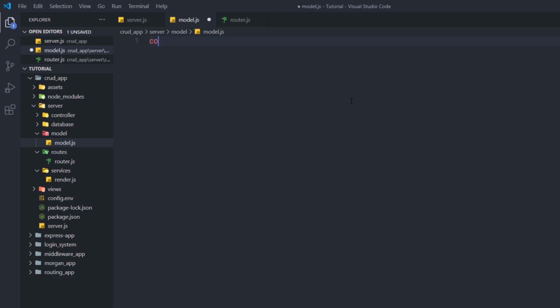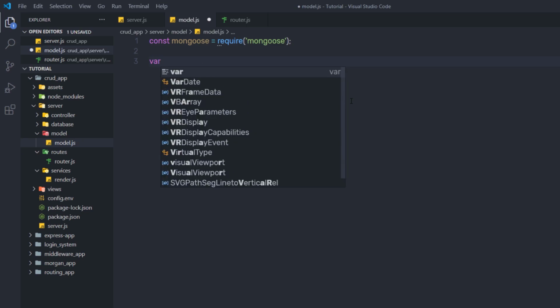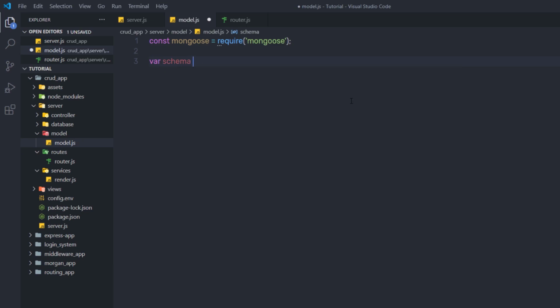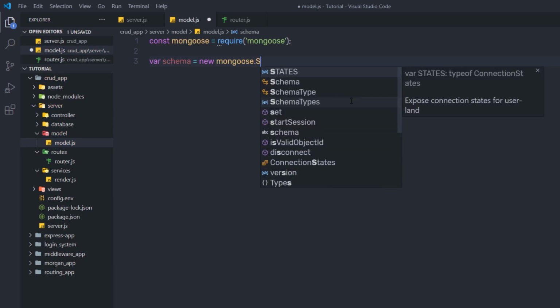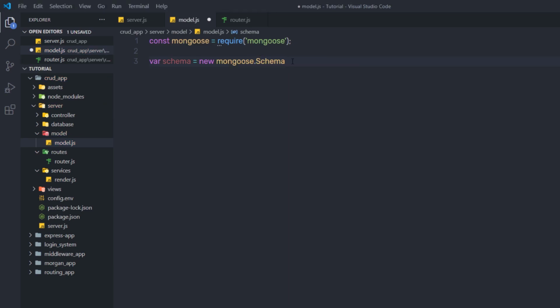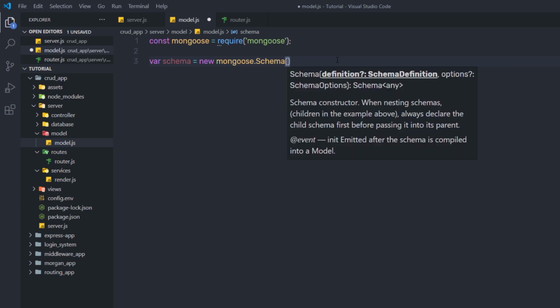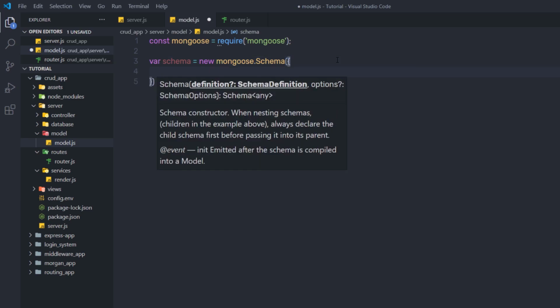So here I'm going to say const mongoose is equal to and require the mongoose module. Just like that, here I'm going to say var schema is equal to and create a new instance of mongoose schema. So I'm going to say here new mongoose.Schema. Mongoose schema allows you to define a shape and content of the document. So here we have mongoose schema, and in the parentheses, in the curly braces, I'm going to specify the shape of